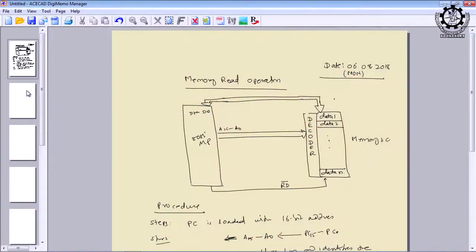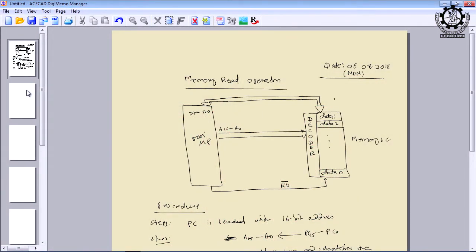And these are the 4 operations a microprocessor performs all the time, right. All these 4 operations take place independently, autonomously, under the control of the microprocessor. And how to control and coordinate these operations? With the help of the timing and control unit. Okay. So, this is the procedure to be followed for memory read operation.